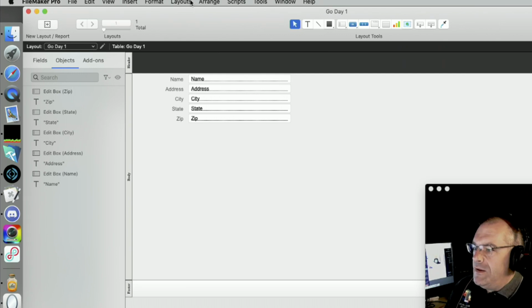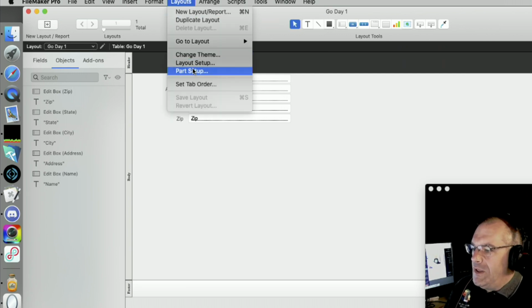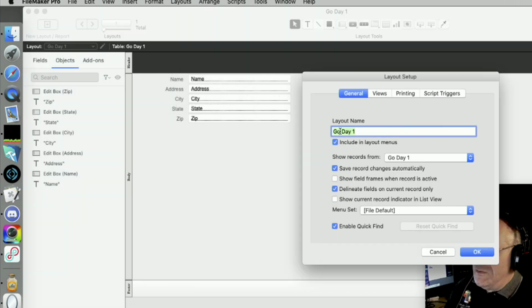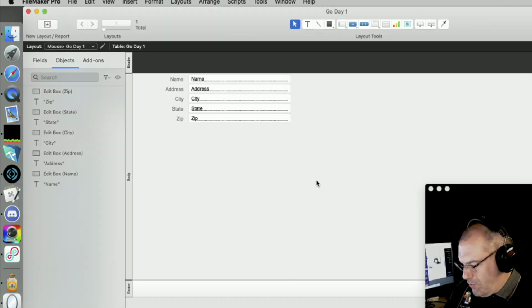I would go to layout setup, and I would probably say that this would be a mouse layout. Right now it's designed for the use of a mouse, right? Not necessarily a desktop, but a mouse, right? Mouse layout. And then of course that's the same layout over here. If I come back over here